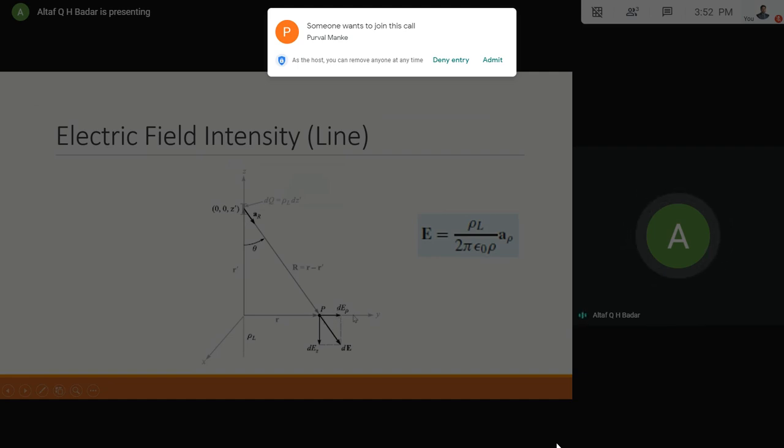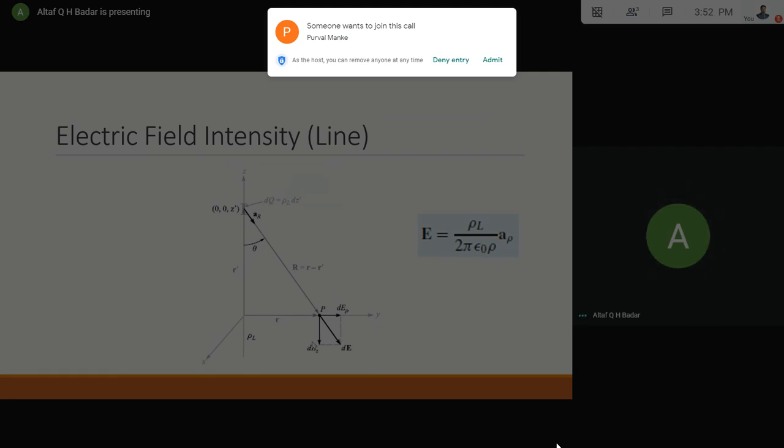So we say it is E rho, that is on the horizontal plane, and the other component goes into the negative z direction here. Similarly, if I take another point here and I find the electric field intensity here, then we'll have two components. One will be again dE rho, but the other component would be in the opposite direction to this particular component. And that is why there is this symmetry that comes up.